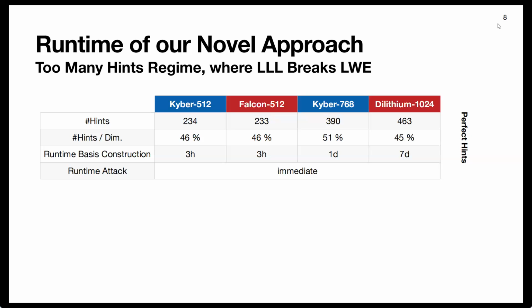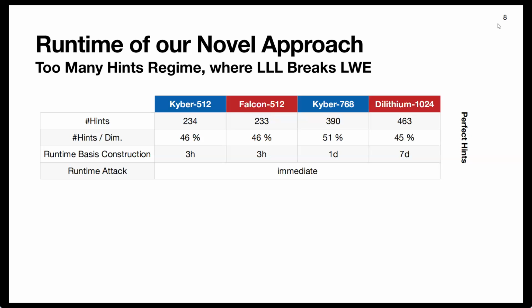Because the lattices that you have in the Dilithium are dimension 2048 or 49 even. And that's really already at the gap of what current software can even handle. And it still works in just a week. What we also found kind of interesting is we now take the number of hints and divide it by the LWE dimension. They are all kind of similar, all something between 45 and 61%. Yeah, but we're not so sure that it's asymptotically also true that it's always roughly 1/2, or just because the parameters of these schemes are chosen as they are.